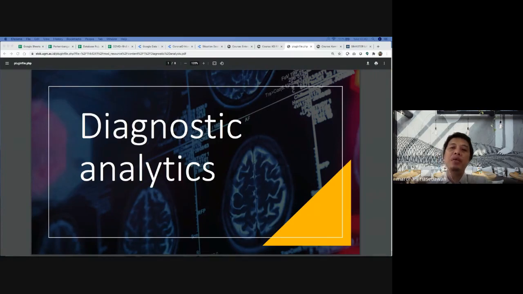So in EDA, or exploratory data analytics, we try to find out the characteristics of the data and the quality of the data, and maybe one or two or more patterns that we found in the data that we already collected.